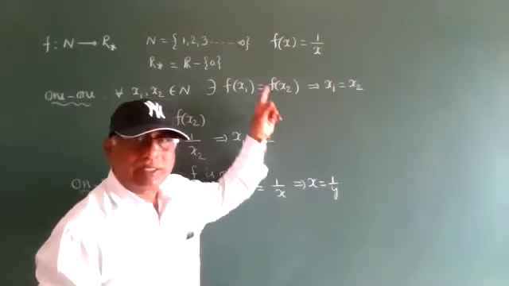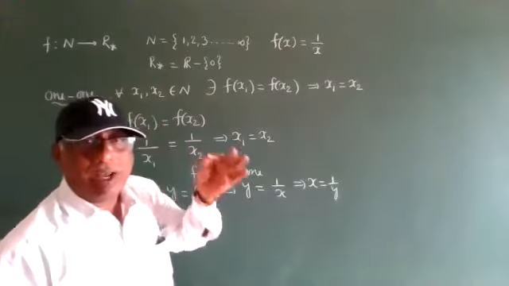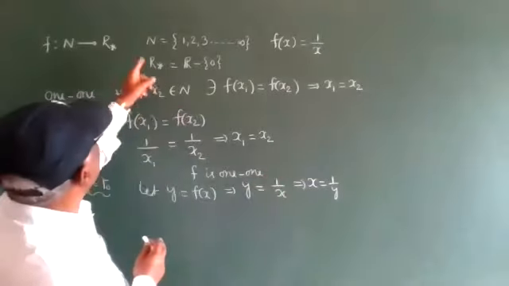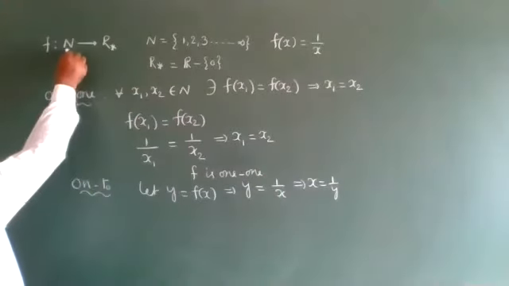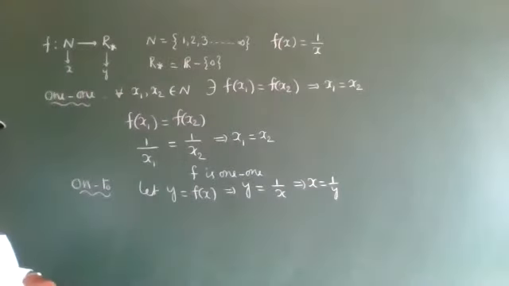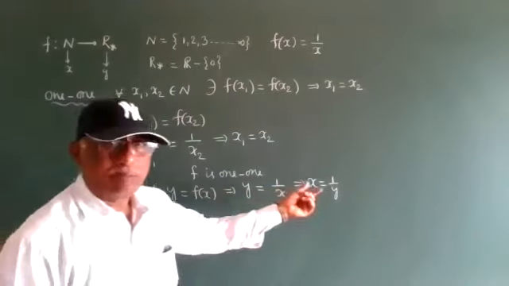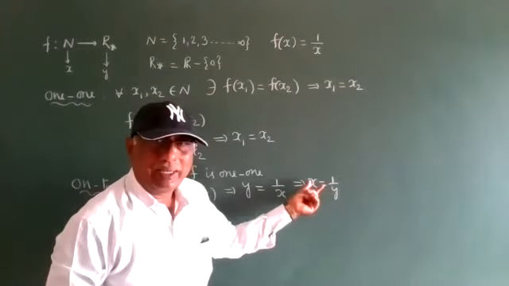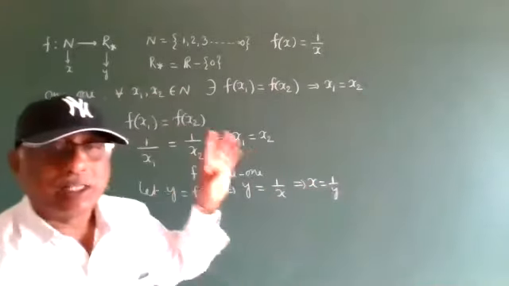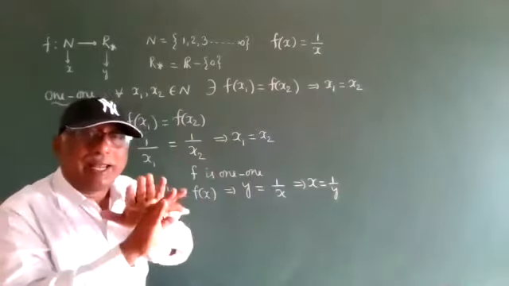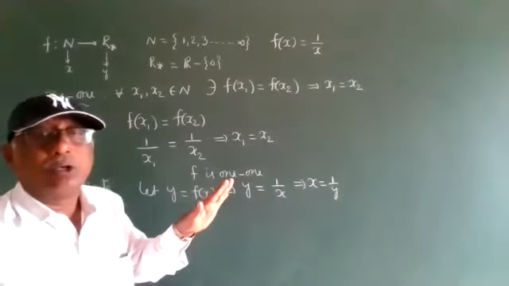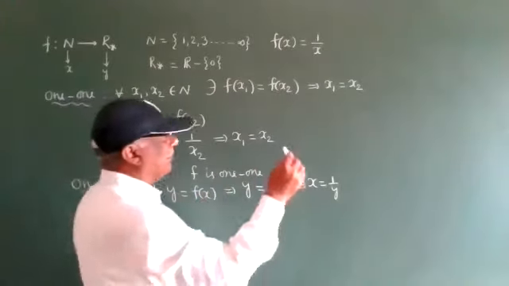The y values come from the second set, R star. When we substitute y values, we get x values. The x must be a natural number. The domain holds the x values and the codomain holds the y values. So when we substitute y values, we must get a natural number for every case. If 99 cases are true and one case fails, then it is not onto. I will draw the figure.